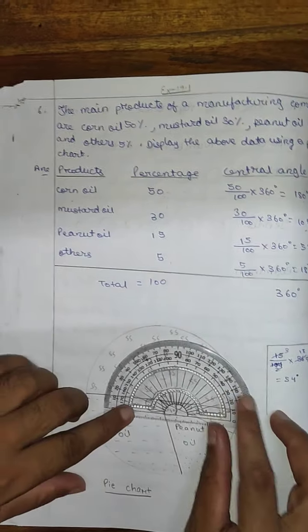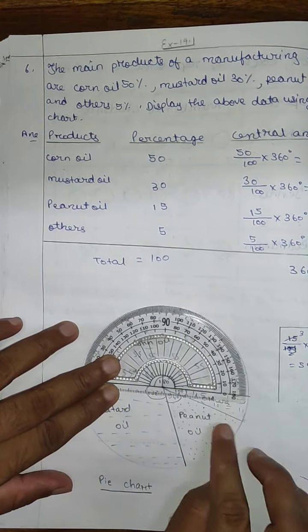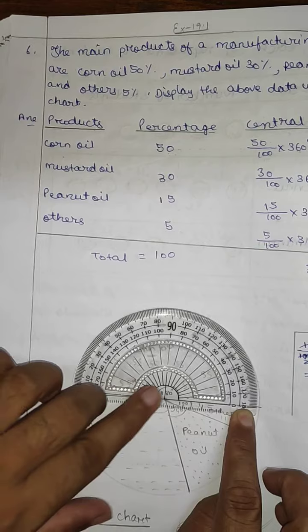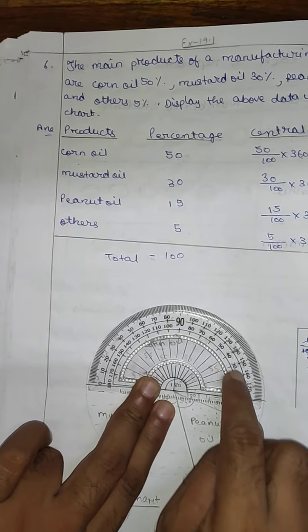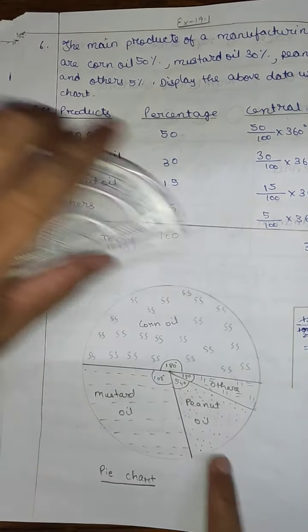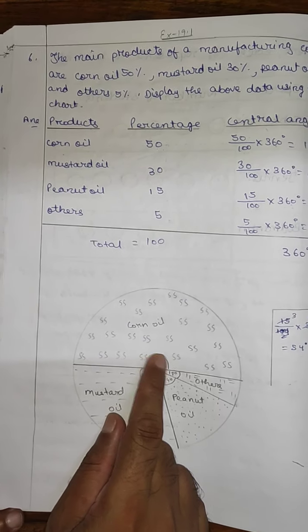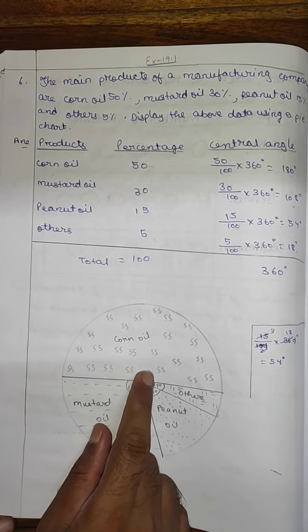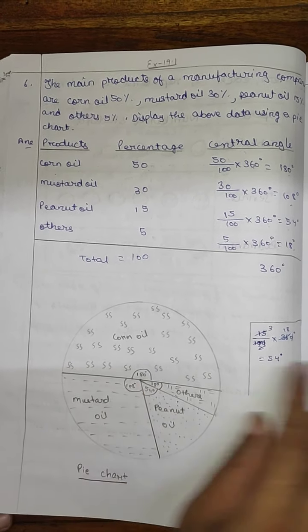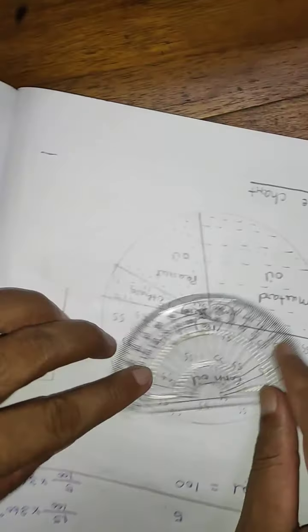You can put the protractor like this. Point you match with the point, line you match with the line. Then from this side 0 you start measuring up to 180 degree. Then make a line. So the first angle we are getting is 180 degree. Again you can turn the figure. You can turn the diagram and make it over this line.